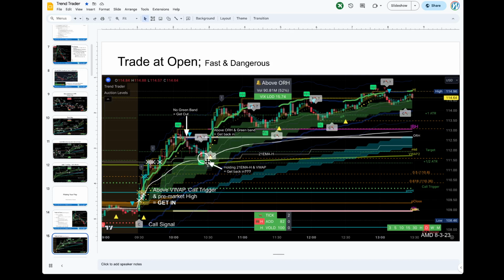The VWAP, if it slows by, that's a great time to get in, because a lot of the bigger traders will use the VWAP to decide whether they get in, because the VWAP is the fairest price. That's what you've got to understand. If you go bargain shopping and you want to get a fair price, that's the VWAP. People think, this is a great price, no one's getting screwed, I'm getting a fair deal, so this is a good time to get in. If you're above it, calls. If you're below it, puts, obviously.